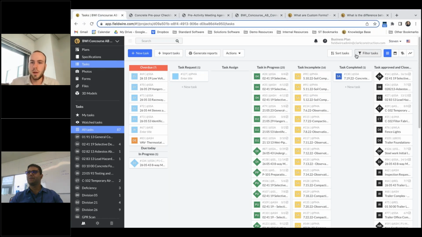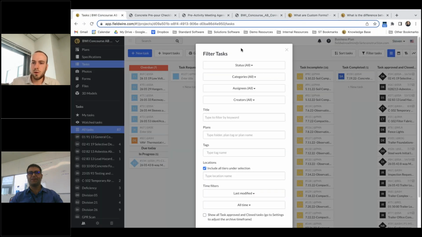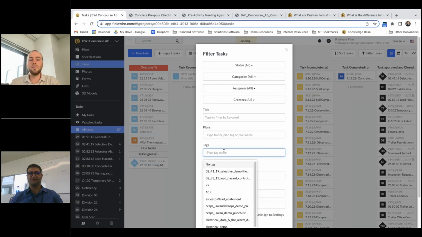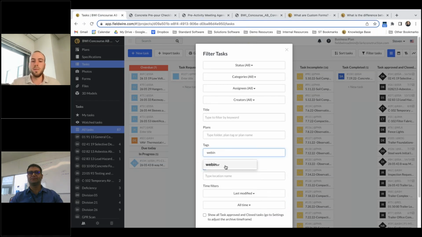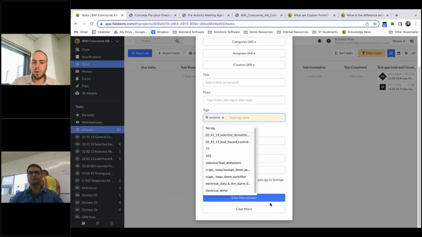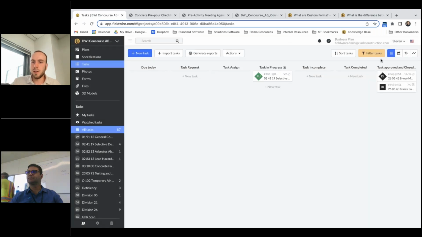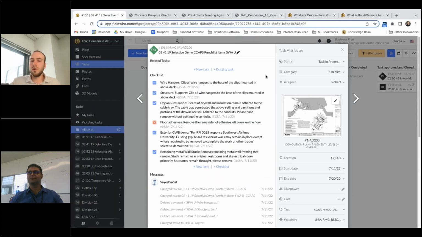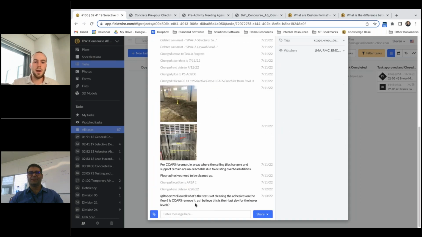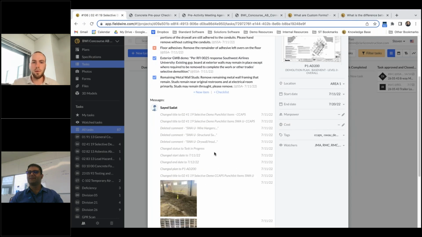I'm actually just going to go, because there's so many tasks here, and just filter out to pick out a couple to walk through. So if you remember, I just used that filter tool. That was kind of covered in a little more depth on the last introductory session. Opening up one of these tasks, Syed, I was wondering if you could just kind of walk us through how you set this up. Like I see this checklist here. What's this tracking, and what's going on in this task right now?